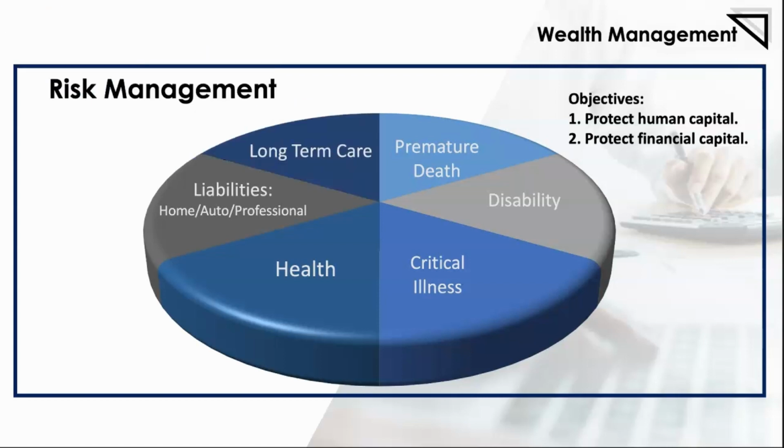And then there's also long-term care, which I know a lot of providers don't necessarily offer, but there are certain critical illness policies that provide for long-term care. So wherever possible, we want to manage these risks through our actions and build sufficient wealth to protect us from the impact of the risk. If necessary, we could look at different types of insurance, essentially. What it does is protect us where we can't protect ourselves,